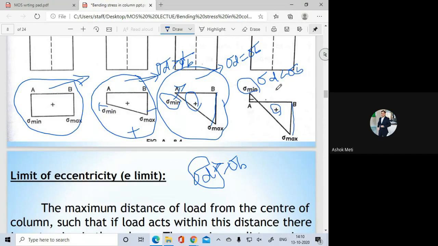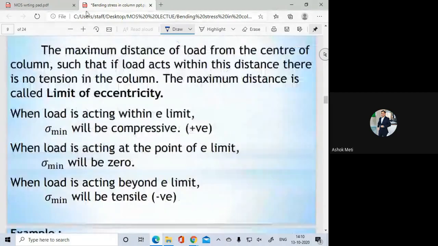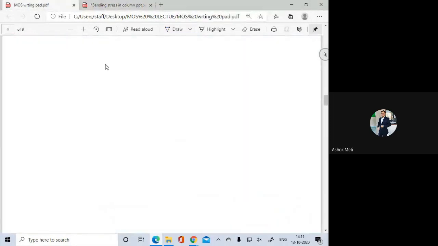So second case. That is the third case. You can see here that sigma D should be less than sigma B. So this becomes partly tensile and partly compression. So this case is going to be avoided. That is the reason why you are going to this one. And also we have seen the limit of eccentricity. In the last lecture we have seen the limit of eccentricity using the no tension condition. Okay. So today we will go for the numericals over this one.